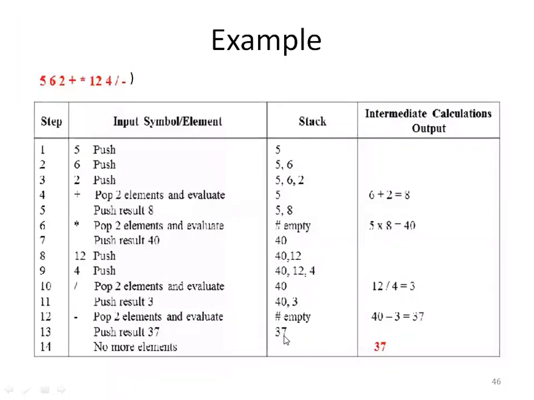Now what's the next symbol? Tell me. This one. Next symbol is what? Right parenthesis. Right parenthesis means end. There is no more symbol in the expression. No more elements in the expression. So the end has reached.